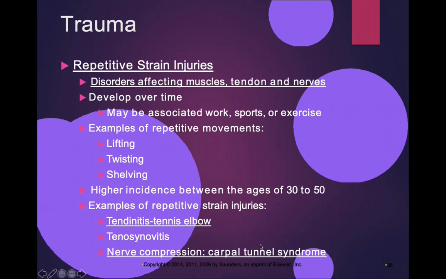Carpal tunnel syndrome, right? This one's pretty common. It happens at the wrists from repetitious overuse of the wrist and finger flexors. And then what happens is all of the finger flexors, like the flexor digitorum profundus and the flexor digitorum superficialis, they all thicken up. And the tunnel, the carpal tunnel, is created by the volar ligament or the transverse carpal ligament, aka flexor retinaculum, that is superficial on the anterior side,